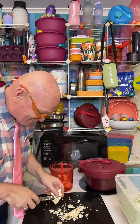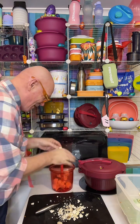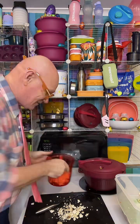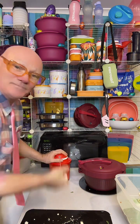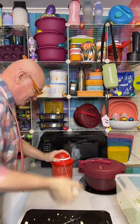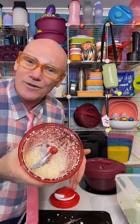But I'm not throwing this away. I paid $9 for this cauliflower. I'm going to eat it. Thank you very much. So, we're going to pop that into there. All the black bits are gone. There's the cauliflower in there, right? Literally, cauliflower rice. Or if you want to, you can cook rice in your Tupperware pressure cooker or in